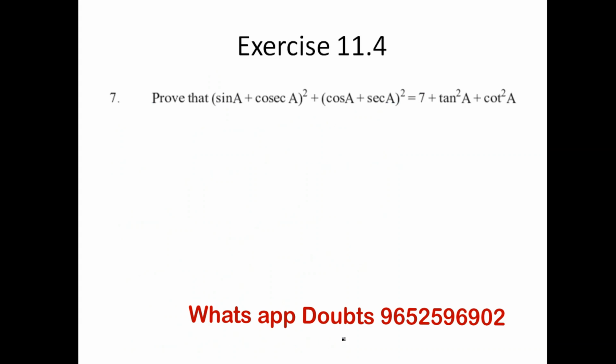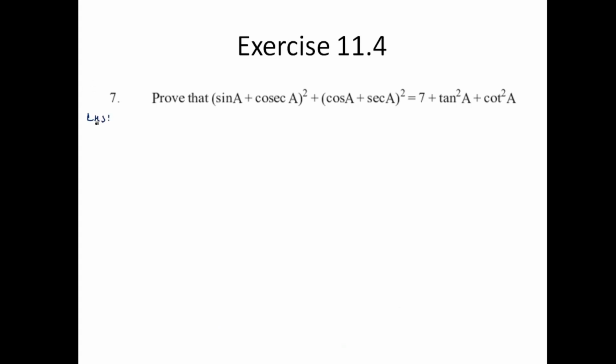Okay. So let's look at the next sum here. I'm taking the LHS value only. So let us take the LHS value. When I'm taking the LHS, how can we rewrite this? This is your A plus B to the whole square, isn't it? Similarly, this is also A plus B to the whole square.